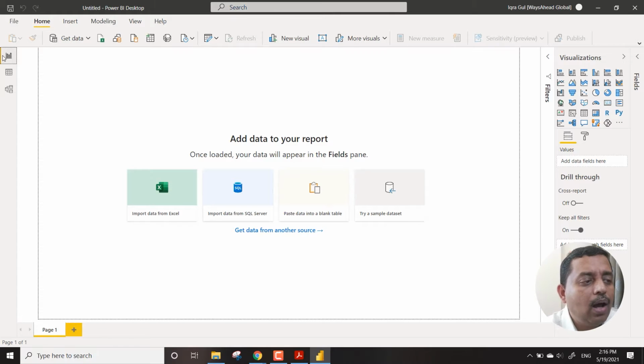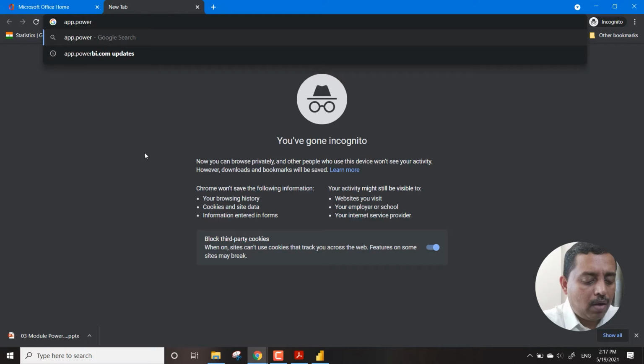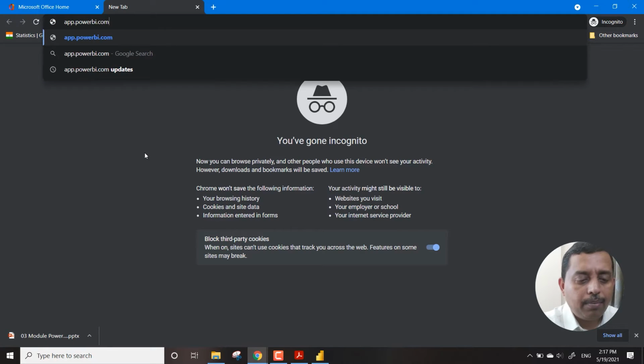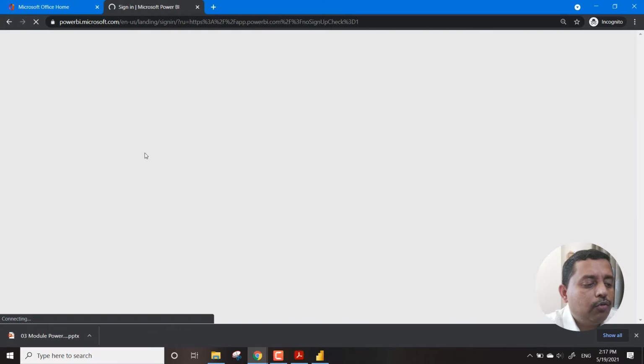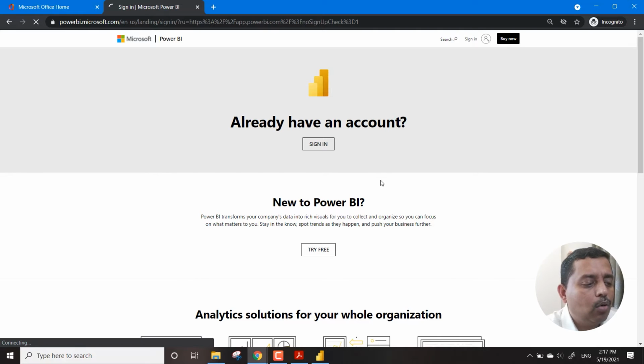So now, before we move to the deeper sections of this, we now know how to install and how to configure. Configuration, we are just moving towards it. But before that, let's have a look at the cloud section as well. So when you go to cloud, let's say I'm opening it in some other portal. So we need to say app.powerbi.com. First time when you open, it will ask to sign in and something like this.